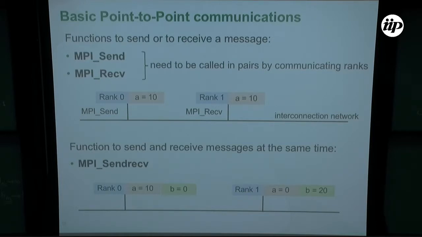Another function you can use is, what if I want to do the send and receive at the same time? So this is another example. If RAM number 0 has A equals 10 that it wants to send to RAM number 1, and then RAM number 1 wants to send another message to RAM 0. And here the requirement is that these need to be in separate space. So what will happen is that if both of them call MPI send receive,